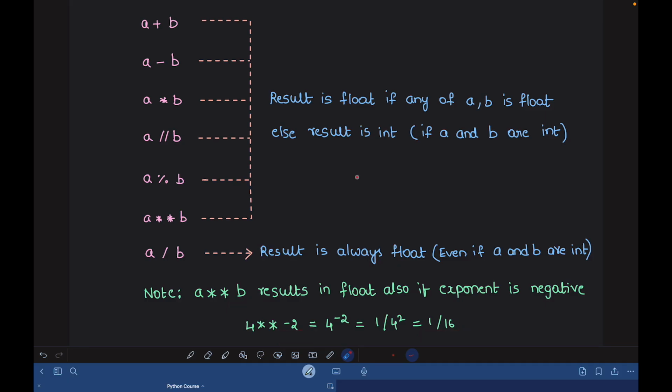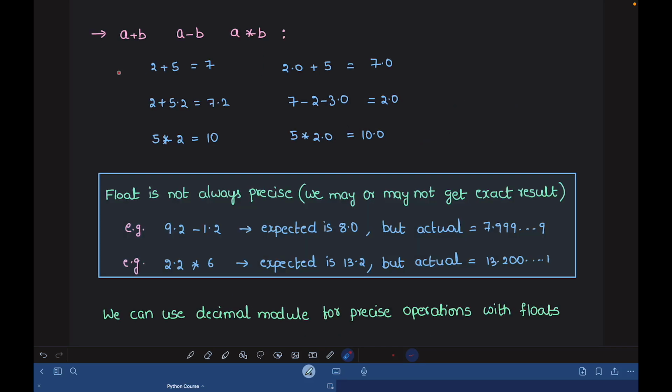We are going to discuss a lot of examples, then this concept will be much more clear to you. Now let's see some examples on usage of these operators. First we have addition, subtraction and multiplication. These are very simple and straightforward, but the only thing we have to be careful about is when you have a floating point value in your expression, your result will be float. For example, if you take these two examples,